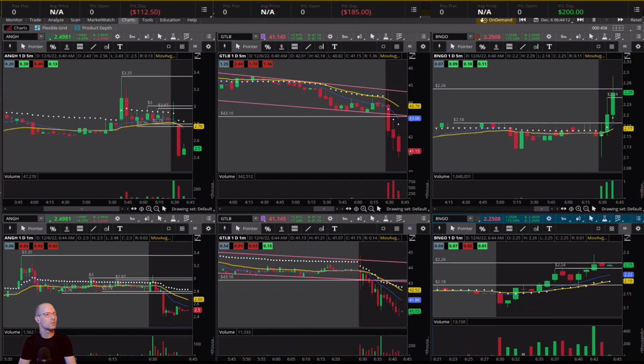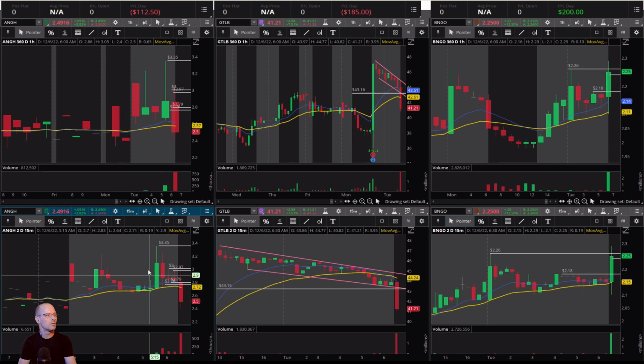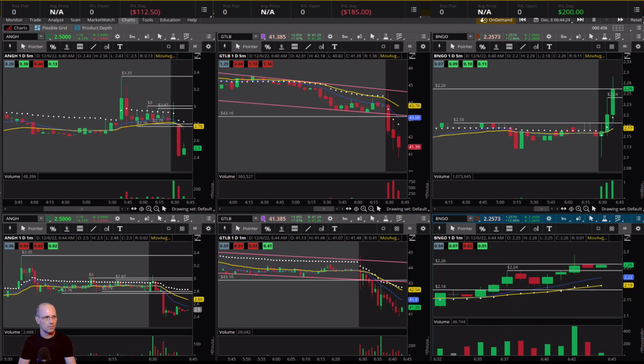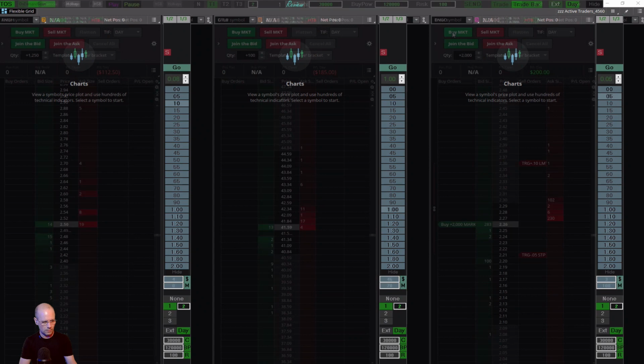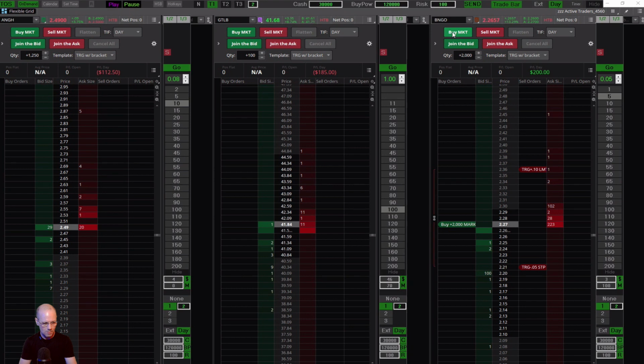Yeah, ANGH looking pretty ugly there on that hourly time frame and the 15-minute. Pretty ugly. I see a lot of sellers on the ask at 227. If you look down here, 227, there's more sellers than there are buyers. 223, 238, 245,